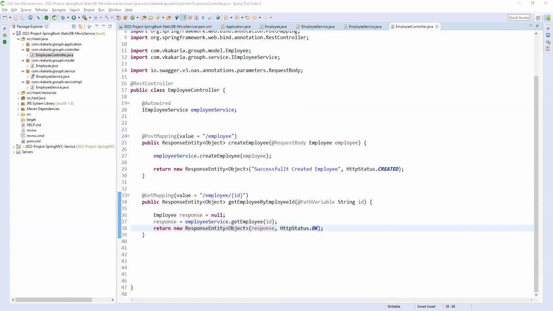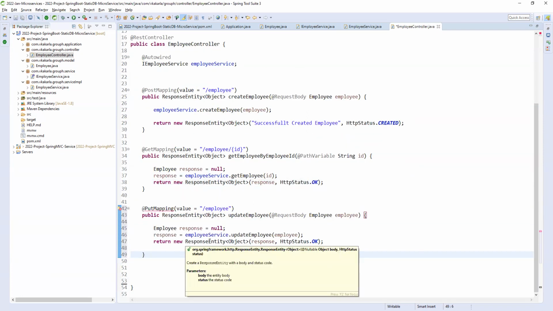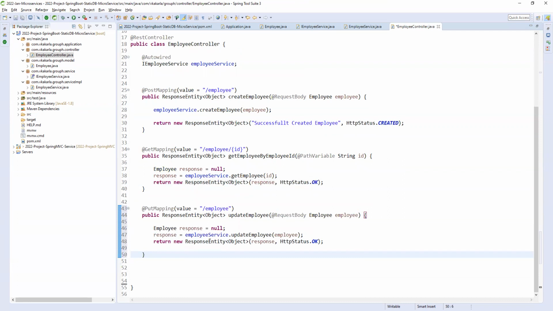Now we can go for the update employee. Later, once we are done, I can add our mapping and our OpenAPI specifications. So this is the update employee. Same, we are passing a request body here. So employeeService.updateEmployee, we need to pass an employee here.